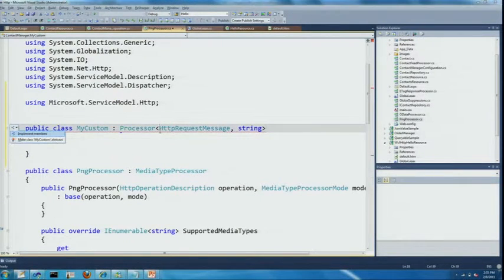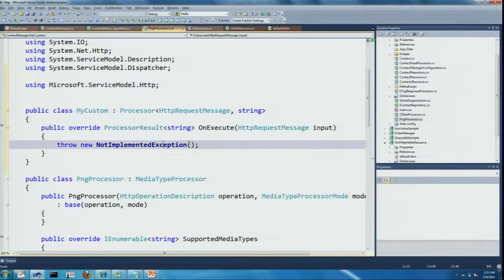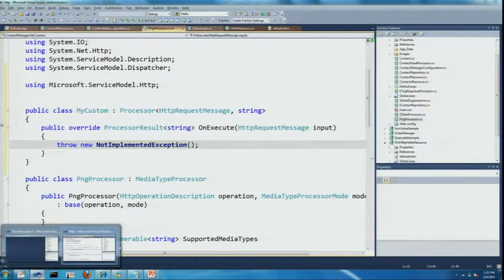And once I do that, I get this simple execute method. And on that onExecute method, that's where I put my logic that takes that message that came in and does whatever I want to do with it. So my point here is the processors, or the media type processors, which you see below, are just one way to use processors, but you can use them for a ton of things. Which moves me into my next sample.